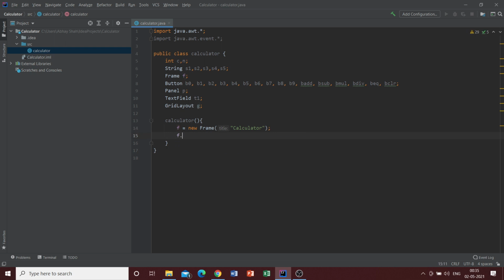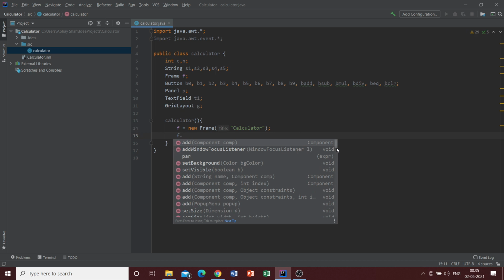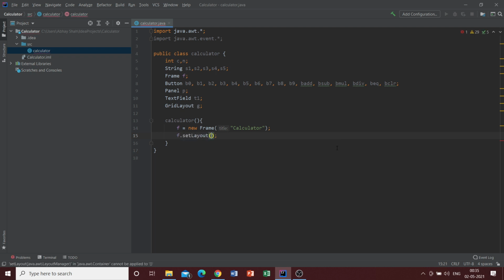We need items one below the other. So the text field, then the buttons below it. So it needs to be in a flow, right, from top to bottom. So we need to set the layout in a flow. So f.setLayout(new FlowLayout()). Yeah. So once this is done, we need to